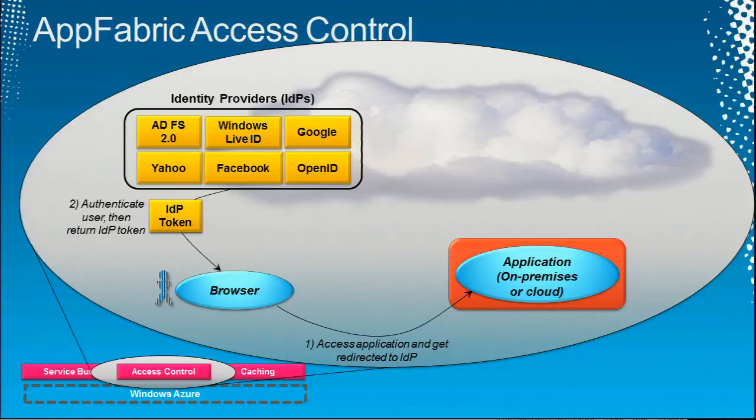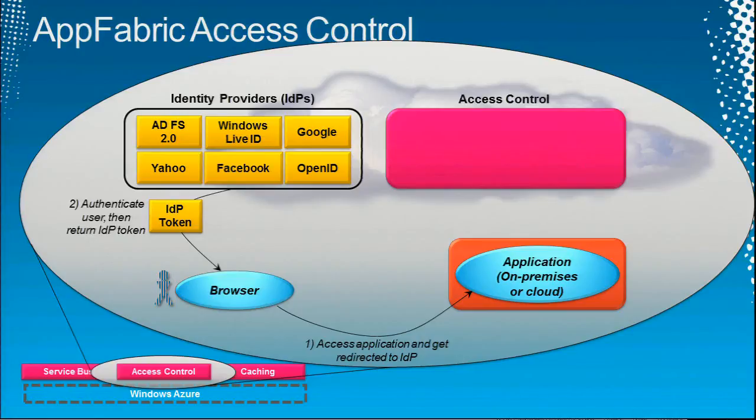Aha. Remember that principle from the last slide? Any problem in computer science can be solved by adding one more level of indirection. Great. Windows Azure App Fabric Access Control is another level of indirection. It runs in the cloud. It runs on Windows Azure. And it runs, of course, as a service. You don't configure it. It's just there. You can use it.